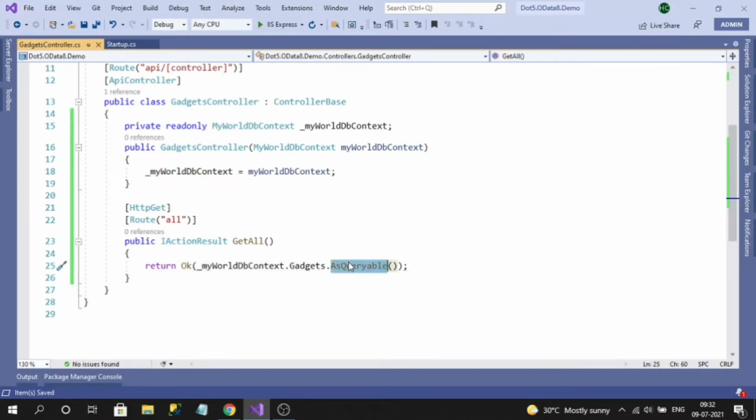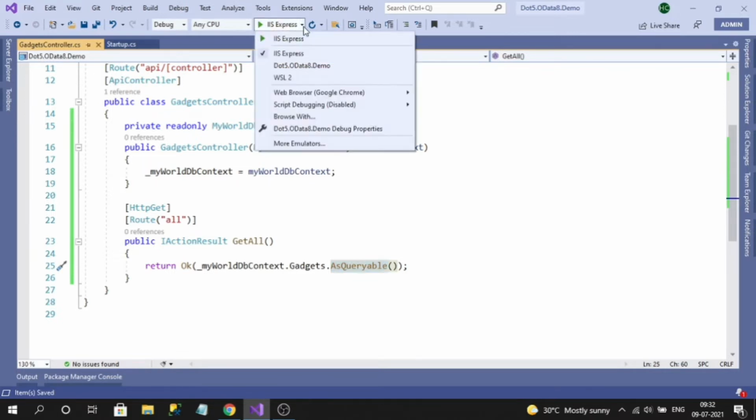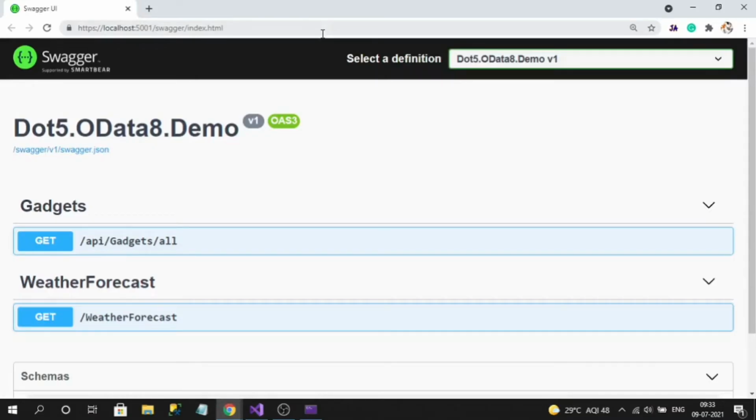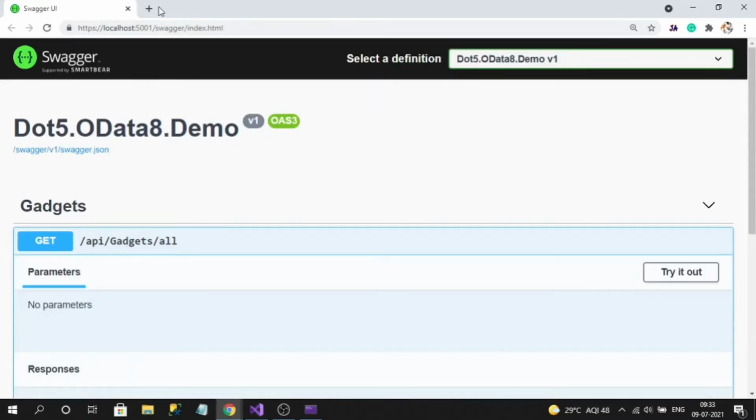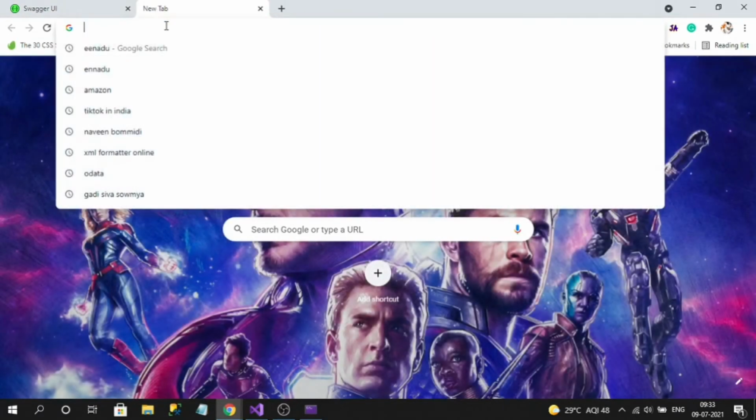Now let's run and check our application. This is my API. Let me use Postman, because for the upcoming OData filters and queries, it is better and gives a good view to see the entire query clearly in Postman rather than the browser.